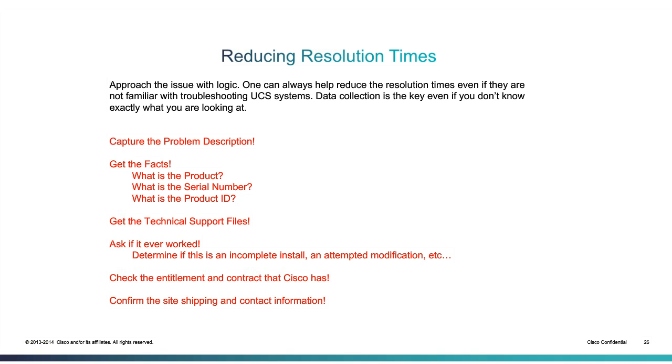And also, it is very, very important to combine the last two steps. As you check entitlement, you may find that a particular component is covered under a 4-hour contract. One of the biggest challenges that are found sometimes is the site information is just not confirmed, and the contracted site may be your business office and not necessarily where you need the part delivered, like at the data center. So it's always good to do that. And if it needs to be updated, it's actually very easy to update the site install address, but it would definitely be a step to help out to make sure that that 4-hour contract actually has value,